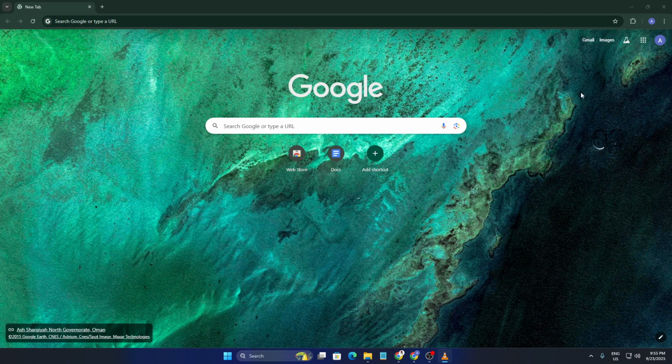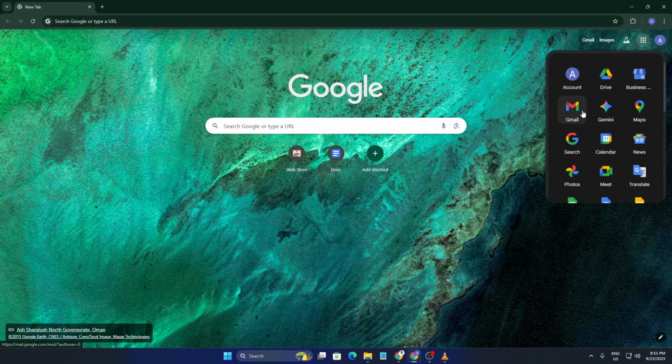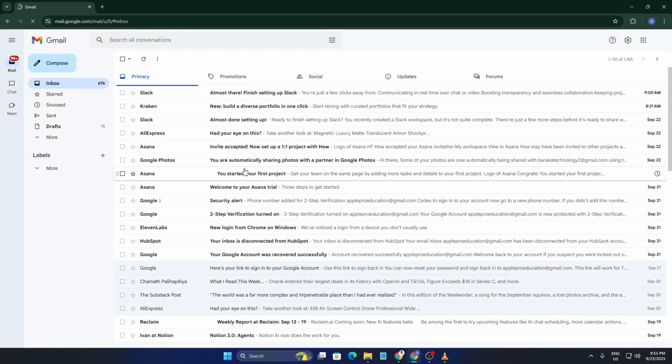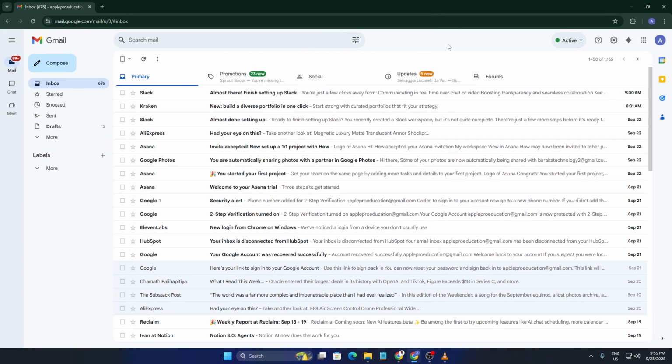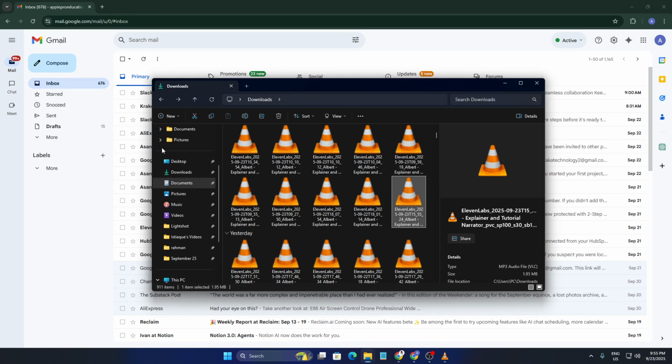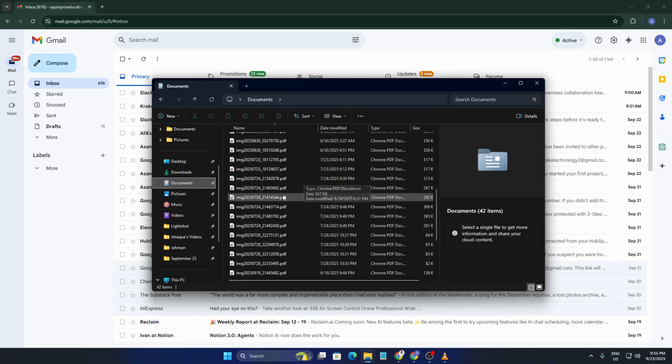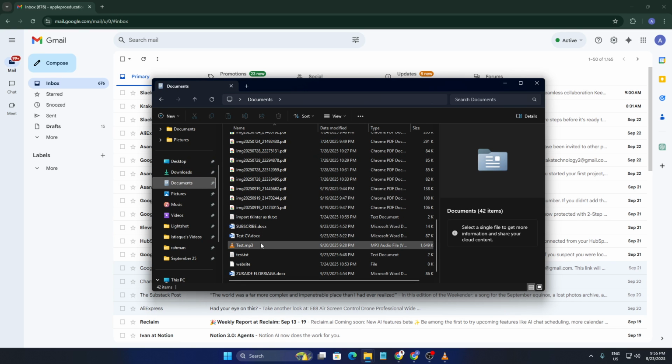If you've ever tried sending multiple files through Gmail, you know it can get a little messy. That's where zip files come in. They let you bundle everything together neatly, and they're perfect for when your files are just a little too big to send individually. In this guide, I'll walk you through step by step how to send a zip file in